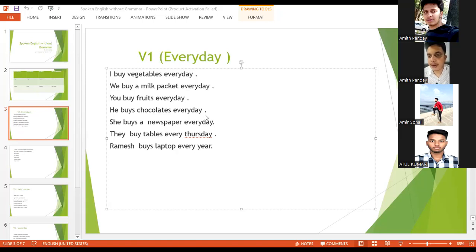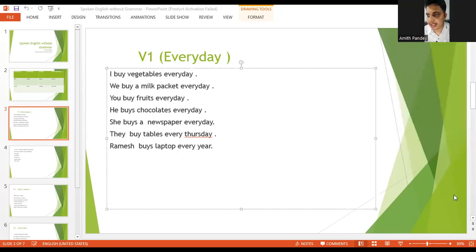So as we have the things like he buys. Okay. So he buys chocolates, for example. Okay. So in case of this, we only have to use S in case of he, she, and name, because this is the special case. In order to describe about every day, we need to use S or ES. Why? Because he,